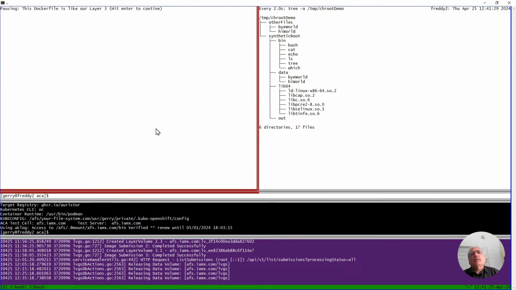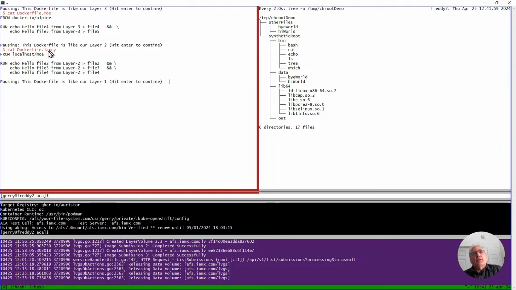So a Dockerfile, in terms of the files, is kind of like building a layer. Here I'm saying, here's a Dockerfile that says from Alpine, which is a small Linux version, create a file in layer 3, hello file 4 from layer 3, hello file 5 from layer 3. This is identical to the previous example, but I'm doing them in Docker layers.